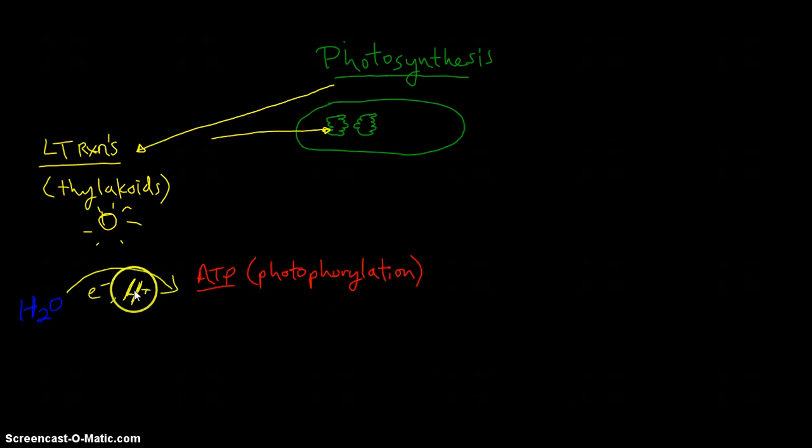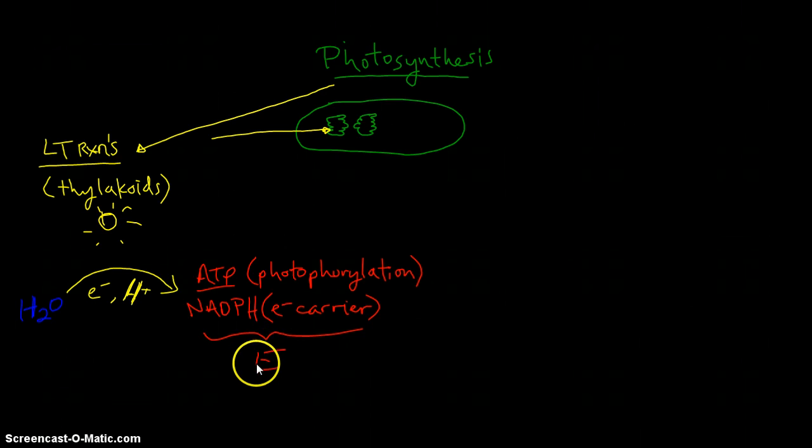Now, the movement of these hydrogen ions along with the electrons also powers the production of NADPH, closely related to the NADH that you learned about in cellular respiration. This is, like that other process, an electron carrier. So this can actually shuttle high energy electrons from one part of the cell to the other. So we have these energy molecules, if you will, that are used then to power the next step in